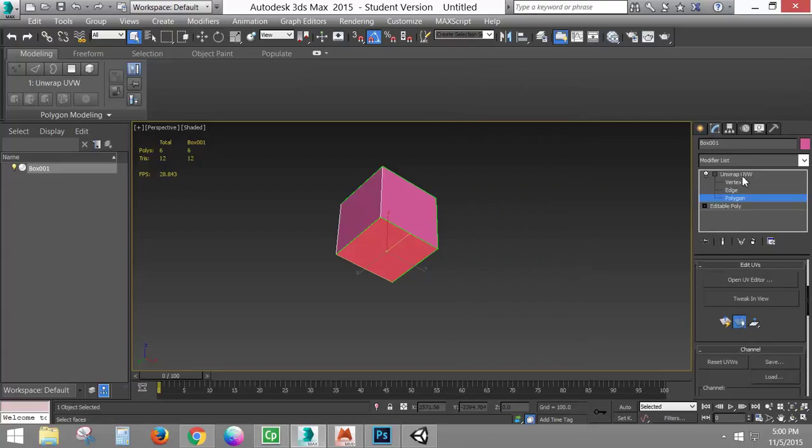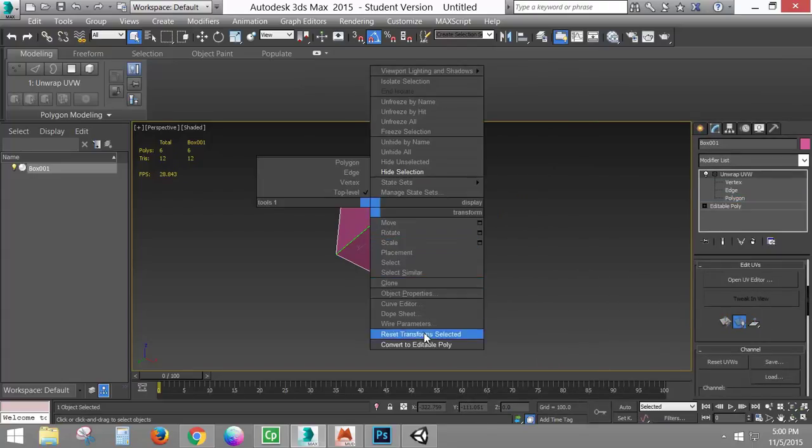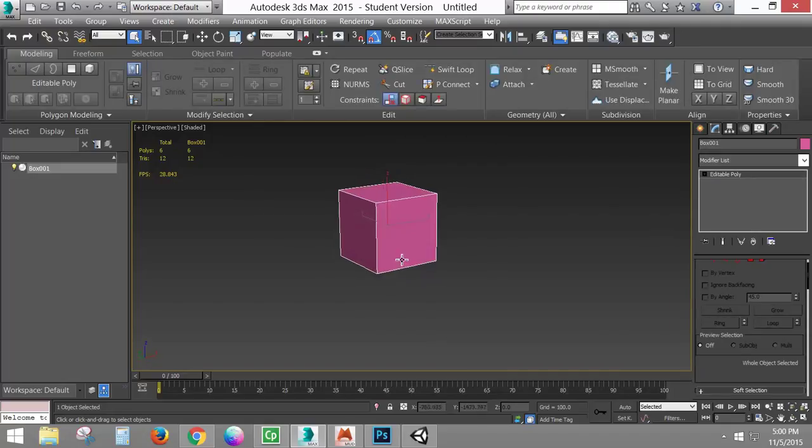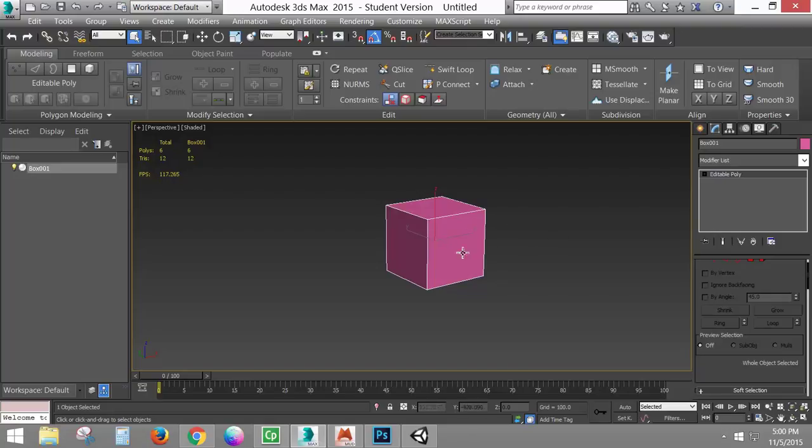So I'm going to convert to editable poly. If you have the drop down to the side, I just have my shortcuts here because this is usually what I'll use. Okay, so converted to editable poly. So something I want to do now is